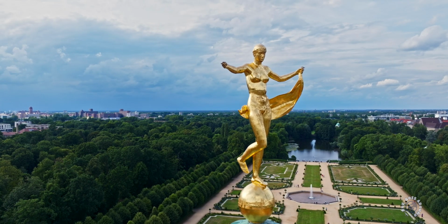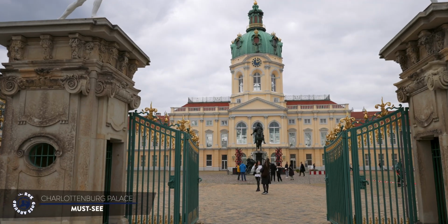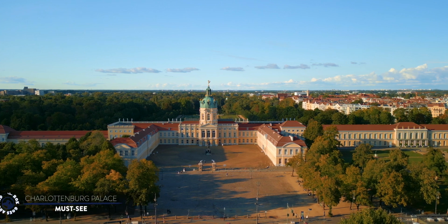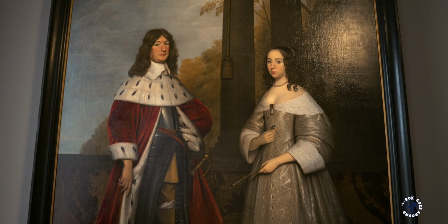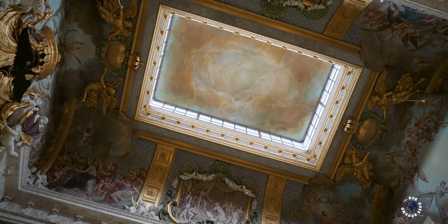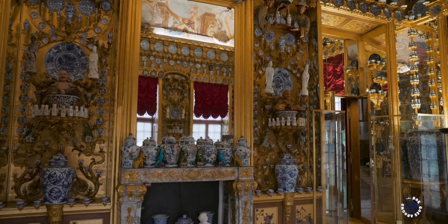Unfortunately, many miss Berlin's incredible royal heritage, as the city was once the royal capital of Germany. A must-see is Charlottenburg Palace, an impressive summer residence that offers a fascinating glimpse into the grandeur of Prussian royalty. The highlight is the Old Palace, a stunning example of Baroque architecture featuring opulent rooms decorated with lavish details and